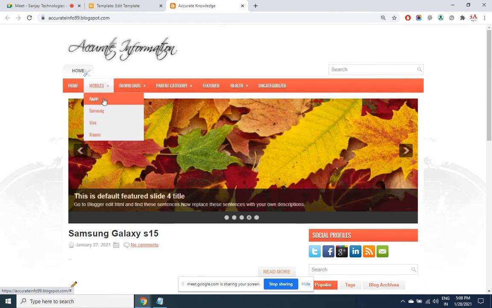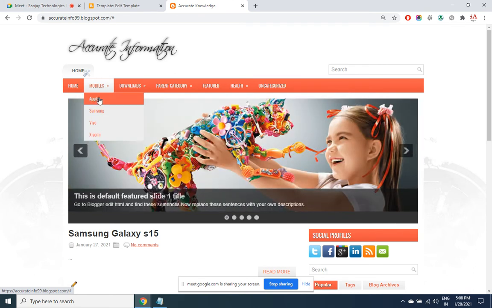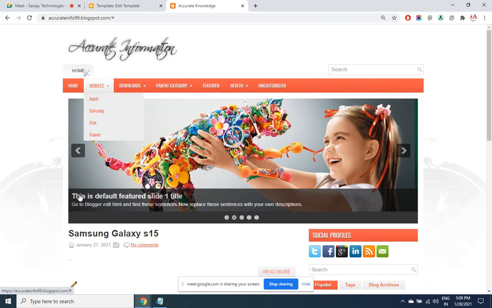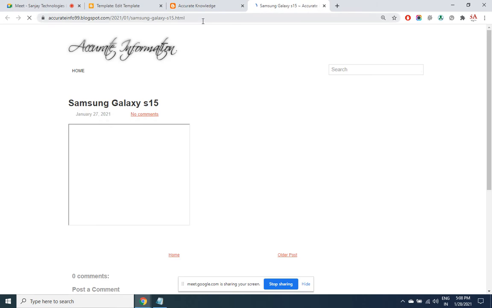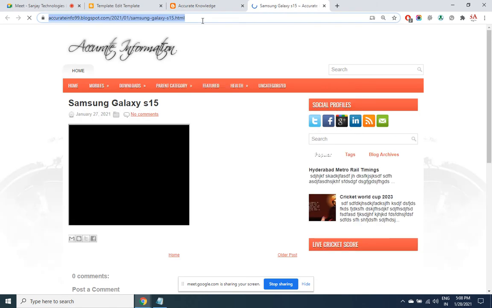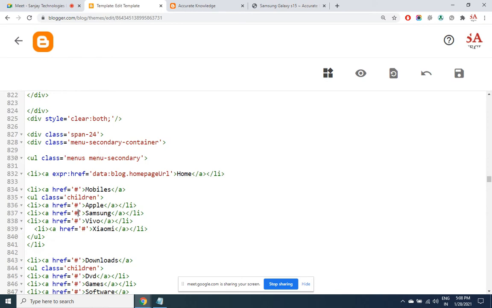However, these are all dummy links. No action taken. Nothing. I want a particular page to open when the menu item is clicked. I want this internal page to open when Samsung is clicked. So I copy the address of this. Place it here.